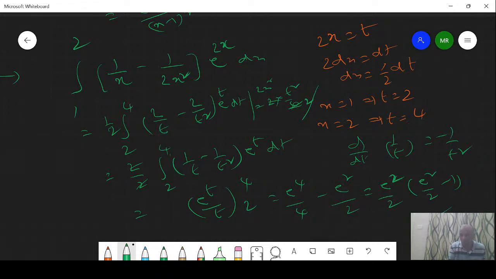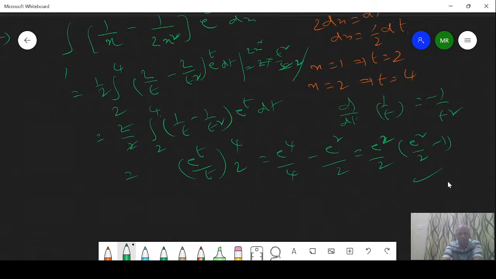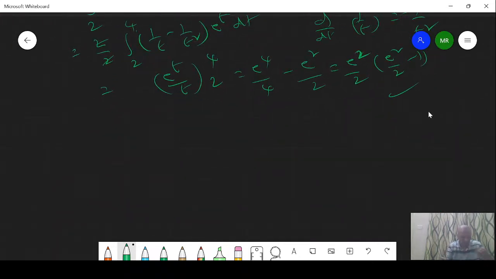So try to learn this combination of this formula: integral e power x into f of x plus f dash of x dx. Try to learn that type of problems. Easily you can practice those problems. Next one. Sometimes they may ask the problem: integral 0 to a